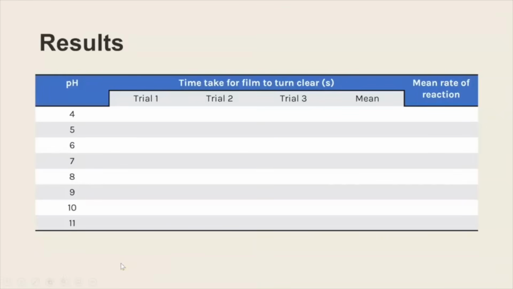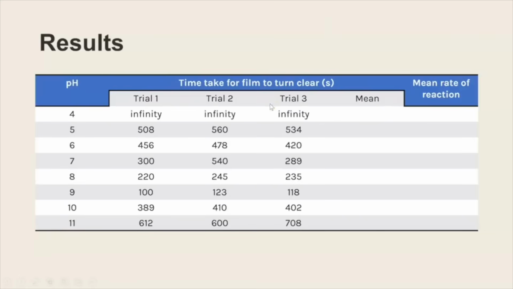To record the results, I've designed a table here. These are the pHs that I'm testing, and I'm going to do 3 trials and then calculate a mean, and then use that mean to work out the rate of reaction. So here are the results that I got when I did this experiment, and you can see at pH 4, for every time taken I've written infinity, so it never changed. But for all of the others, it did eventually change, and we did get that end point,